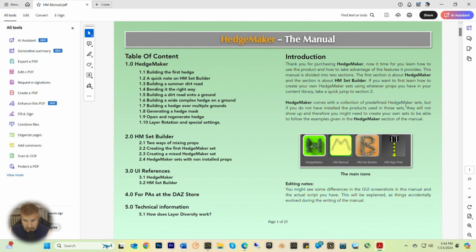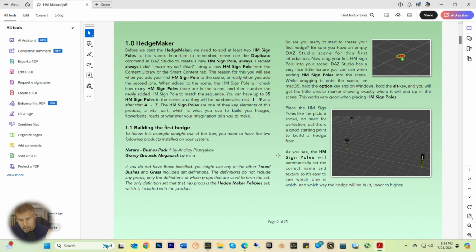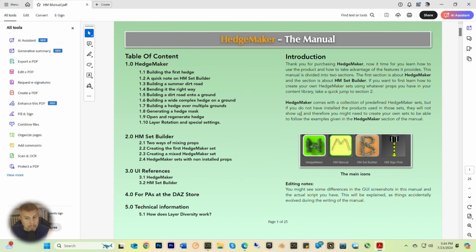Hedge Maker sets. It comes with a collection of predefined Hedge Maker sets, but if you do not have installed the product used in those sets, they will not show up, and therefore you might need to create your own sets to be able to follow examples given in the Hedge Maker section of the manual. Okay, so I may not own some of these sets. I kind of have an idea of what they are, and I think some of them may be sets that are